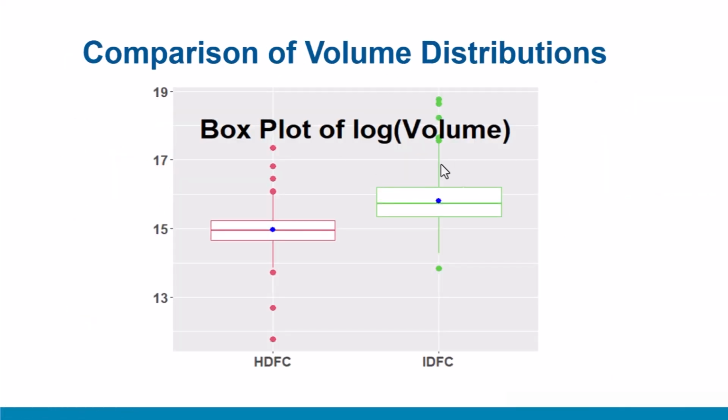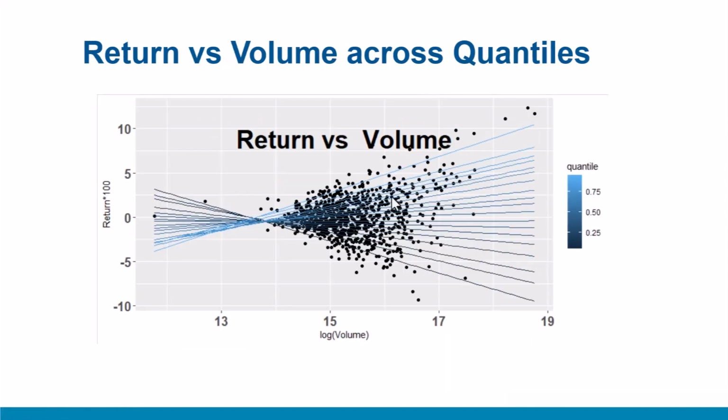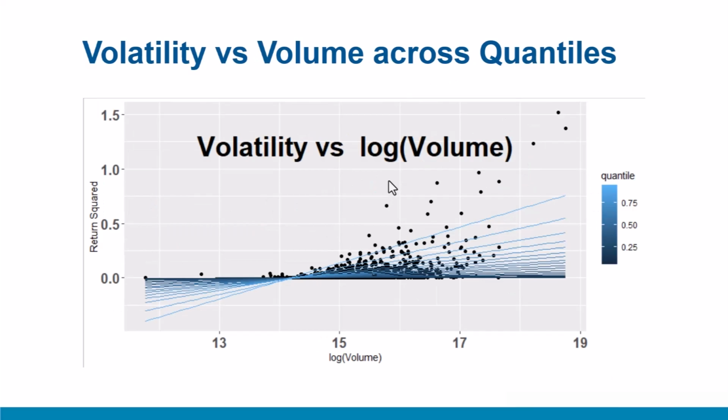Let's first examine the volume across its quantiles. As we can see, the volume of IDFC is more scattered here, while HDFC appears to be like this. So there's a difference. If you look at quantile regression here, I've simply visualized the quantile regression slope. So you can see across upper quantiles, the light blue, and dark blue across lower quantiles, the relationship slope between return and volume is different. So across quantiles, the relationship between log of volume and return is different. So that is another intuition.